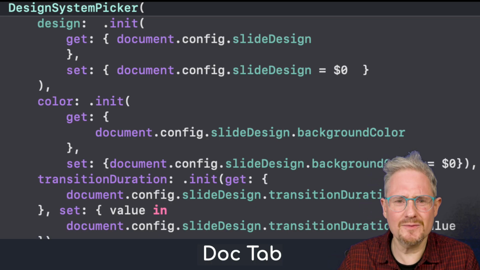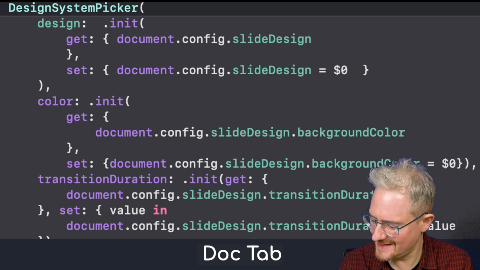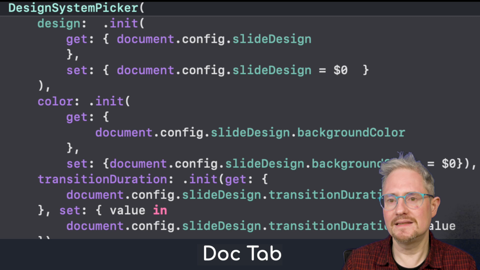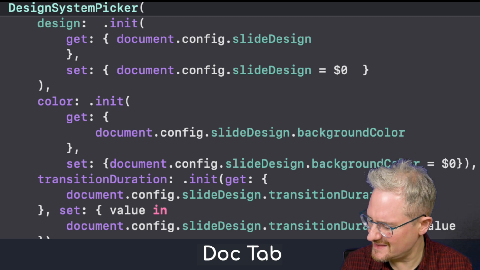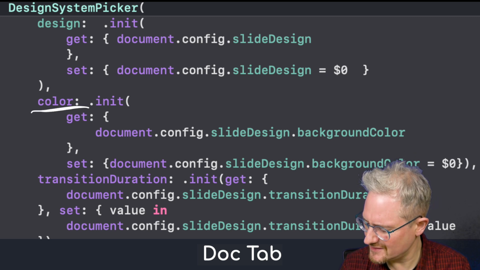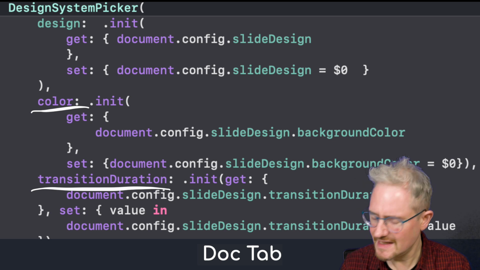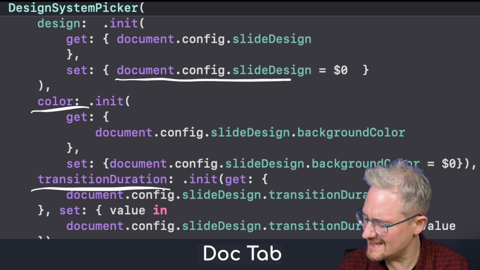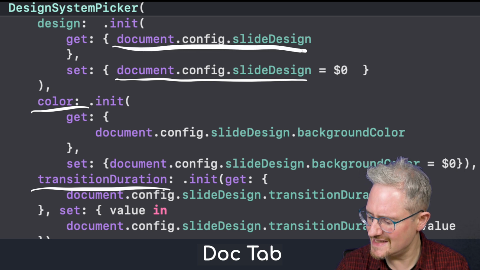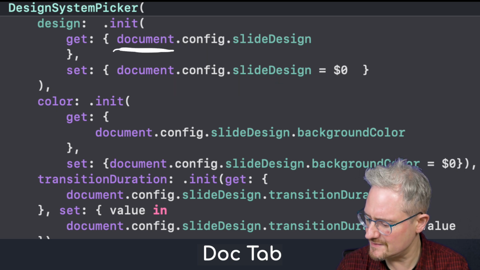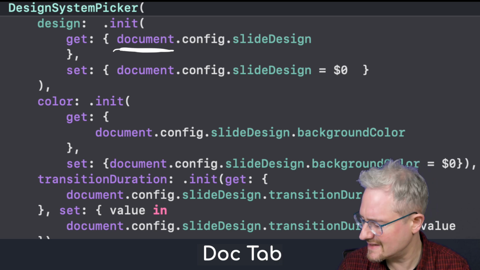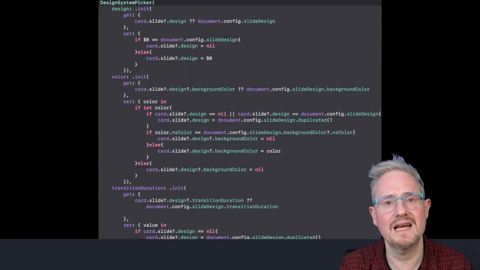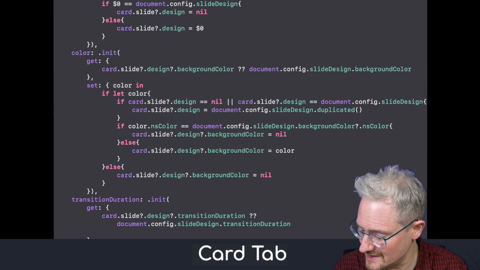So here's kind of what the document tab looked like. You can see it's in the diff, that's why the shades are a bit different. But this is what it looked like on the document tab. So here I'm passing in three properties, three bindings, to this design system picker, and because it's nested, and document isn't a published or observable object or anything, but config is, I had this awkward thing. So that's how it looked in the doc tab, but then in the slide tab it got really complicated,